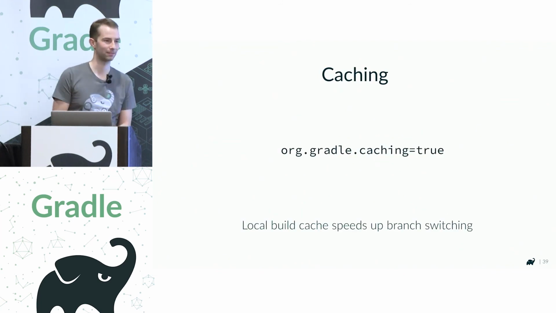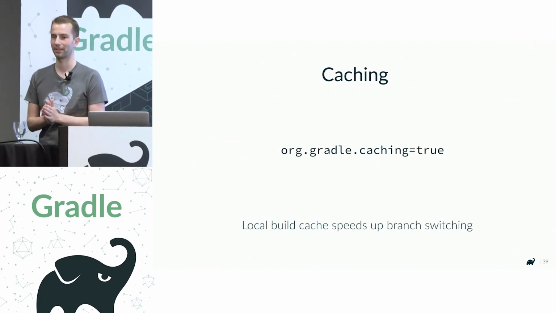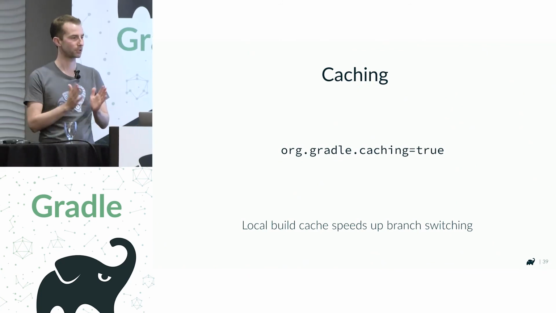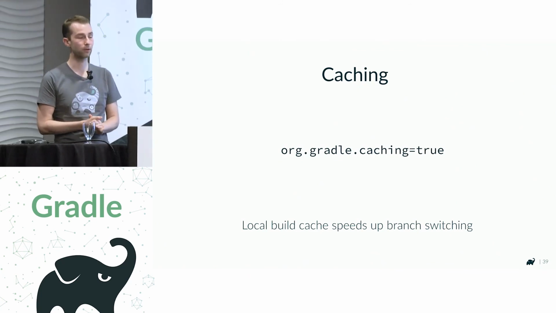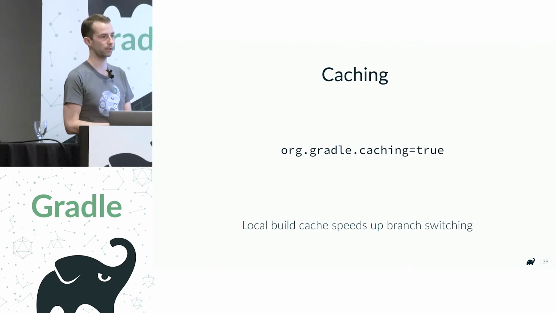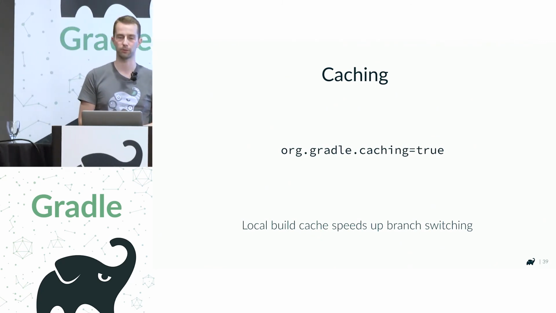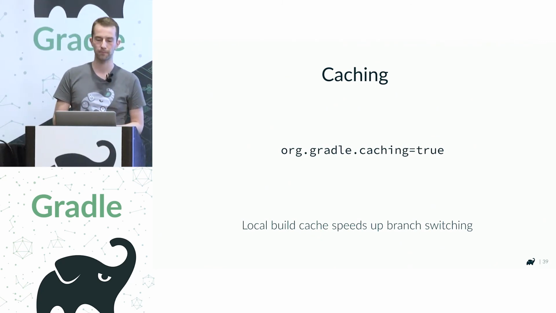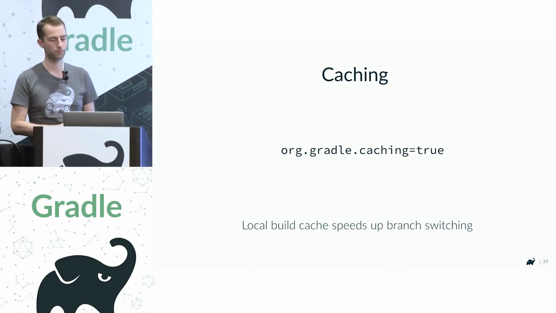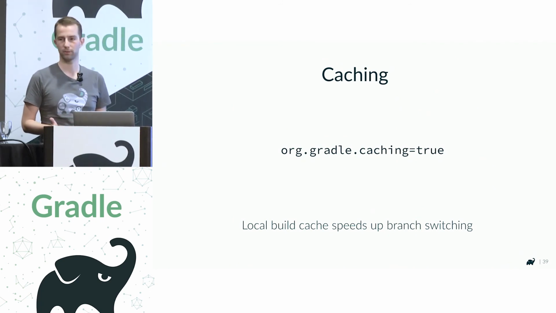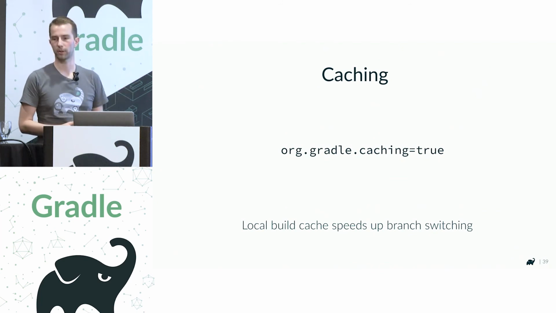Now, last but not least, you've heard about it again in the keynote. Caching will come to the Android Gradle plugin, and it already yields some pretty nice results, about a 50% saving on the clean build for a very large app that we tried with 100 submodules. And it will only get better until the final release. So you can start experimenting with it, just turning the local cache on, for instance, and seeing how it affects